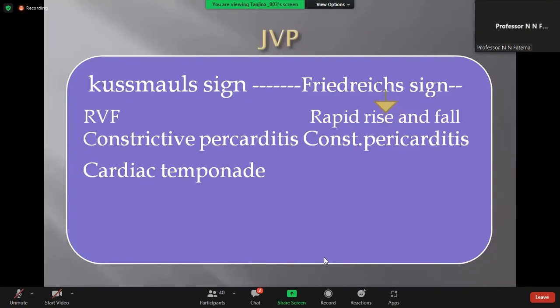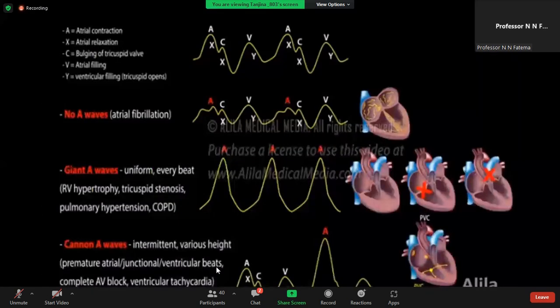This is the cannon wave. It occurs when the right atrium contracts against a closed tricuspid valve. Sometimes it is seen in AV block, yes madam, complete AV block. এটা পরীক্ষায় প্রায় ধরা হয় যে কেন ওয়েভ পাওয়া যায় কিসে, বা কমপ্লিট হার্ট ব্লকে কি ওয়েভ পাওয়া যায়।